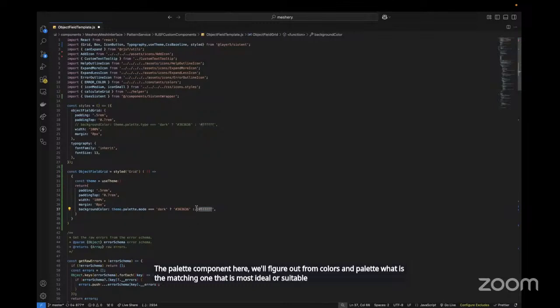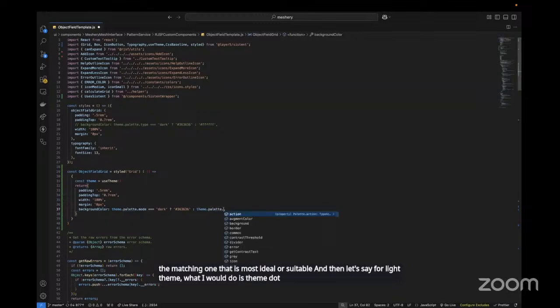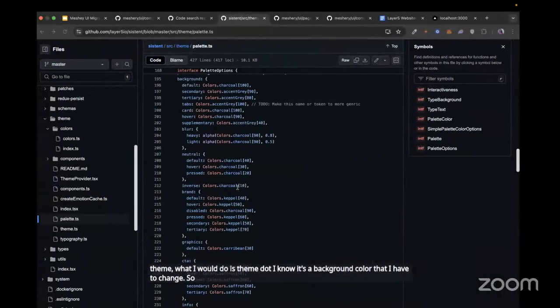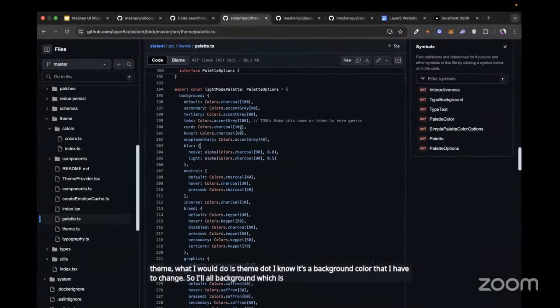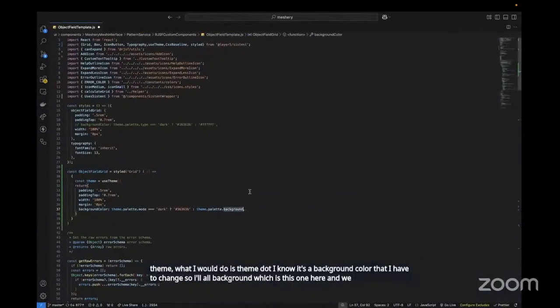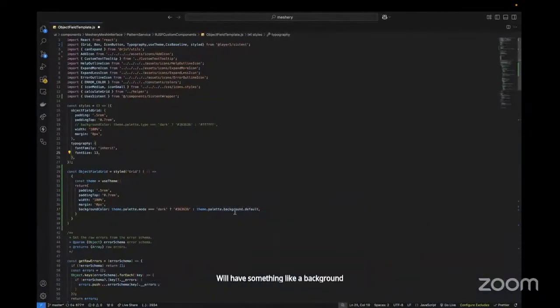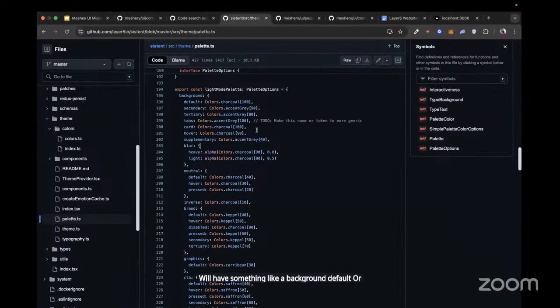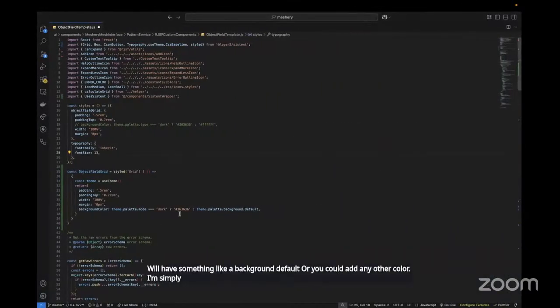And then let's say for light theme, what I would do is theme.palette. I know it's a background color that I have to change, so I'll call background, which is this one here, and we will have something like background.default. Or you could add any other color. I'm simply going ahead with default at this point. What this would ensure is when you switch themes now, you know what has to go in. So you could remove this entire dark mode thing and simply have this one single theme color